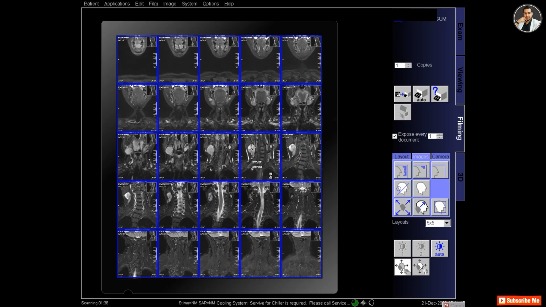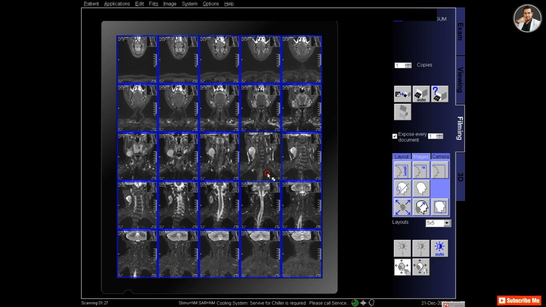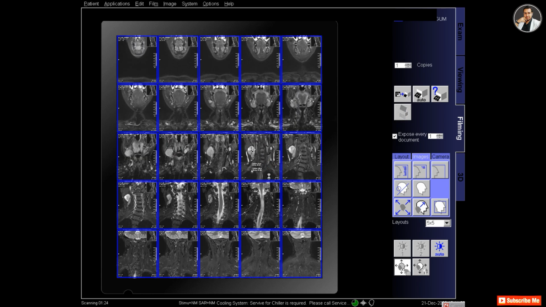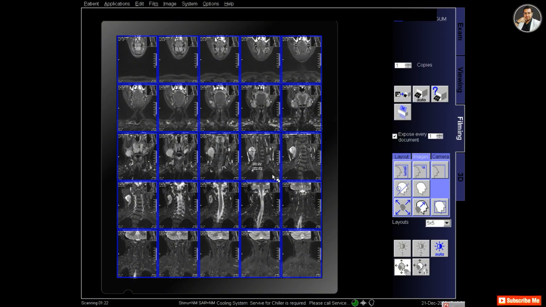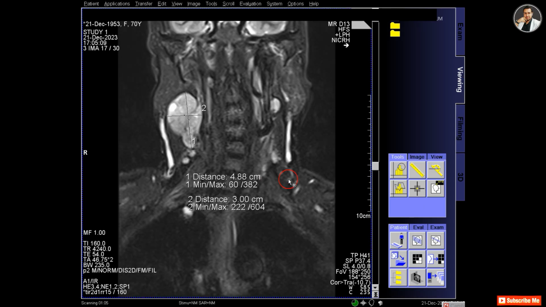So I am deleting from the front and the back, and zoom in the image so that the neck is fit with the lesion. And also provide the reference image in each segment and print out.